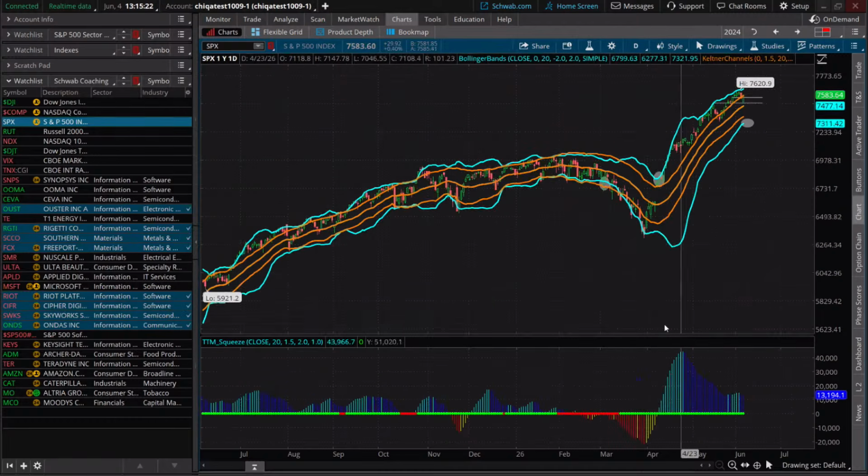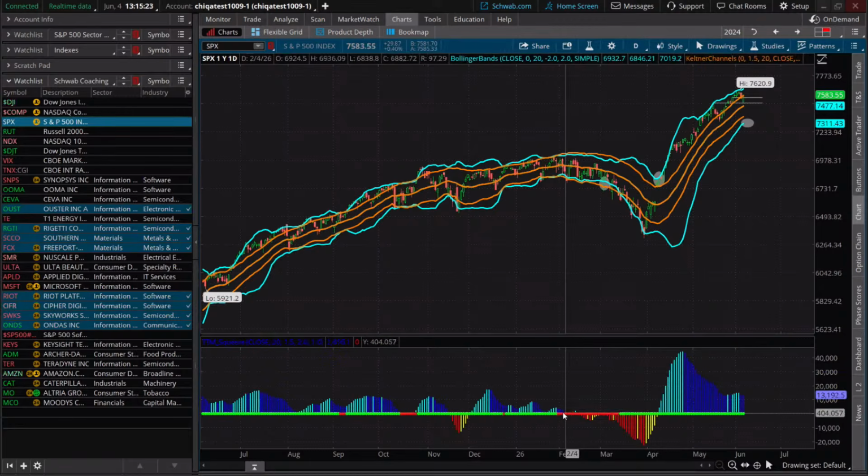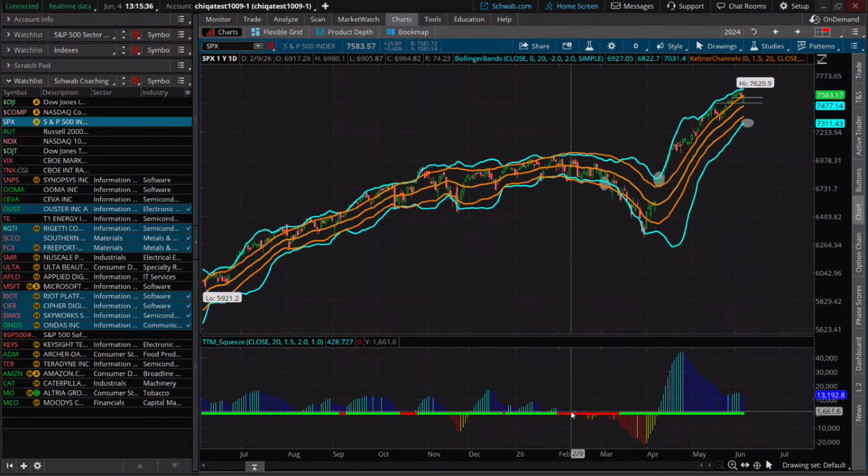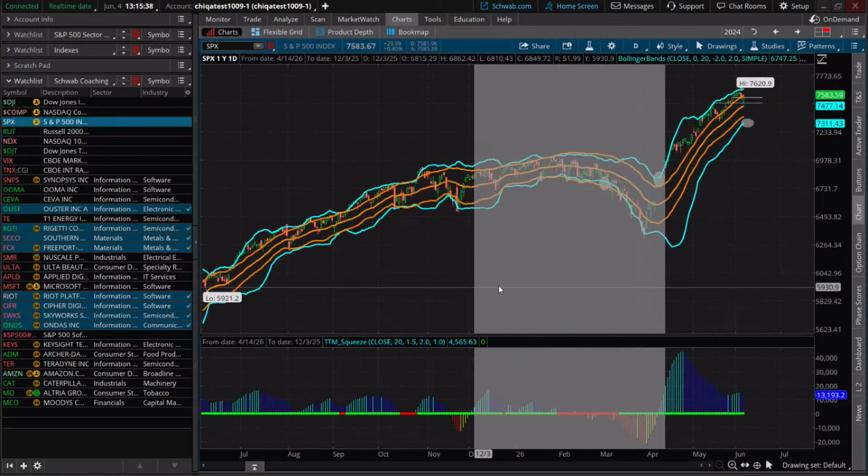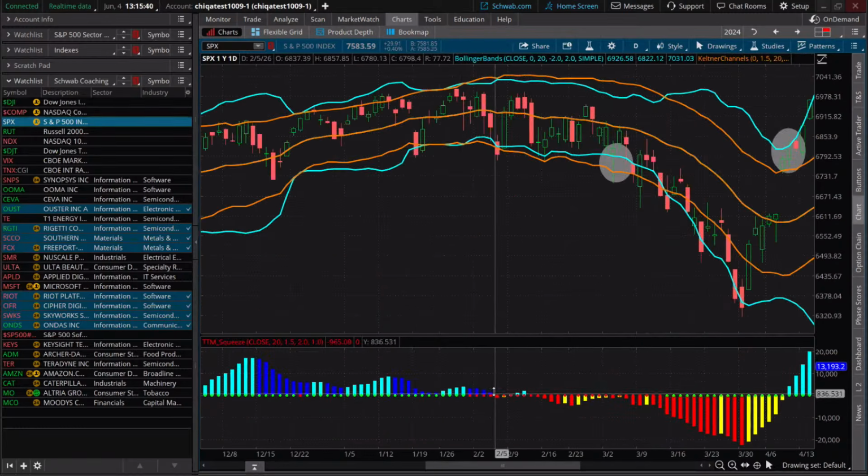So with our TTM squeeze, you will see a squeeze when this indicator is red here. So when you see that midline, or that zero line, turn red, those little red dots like it did during this period of time that we talked about just a minute ago, that is when price is in